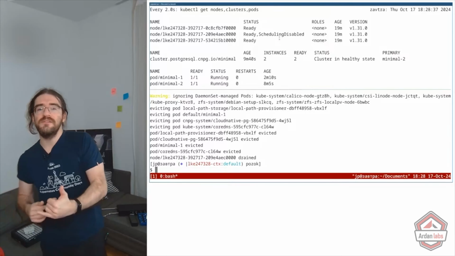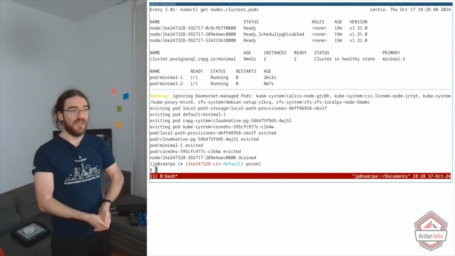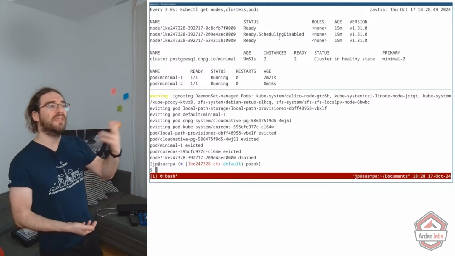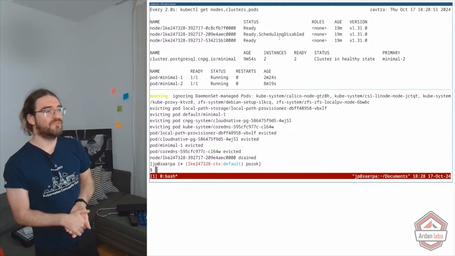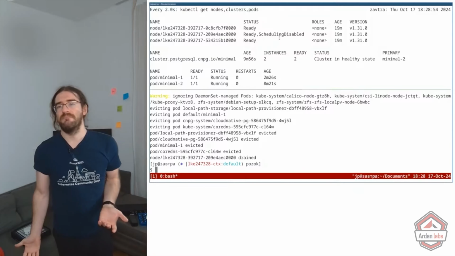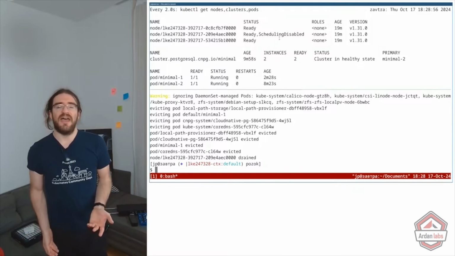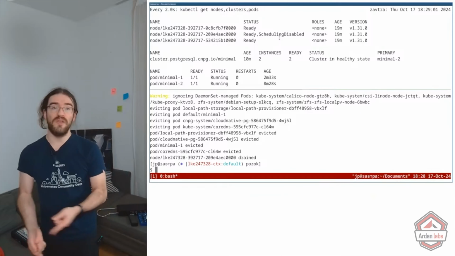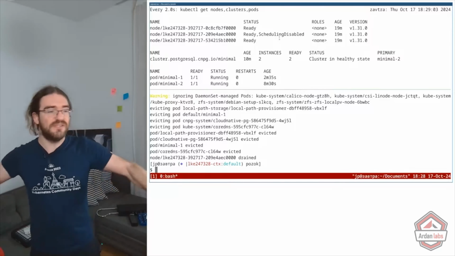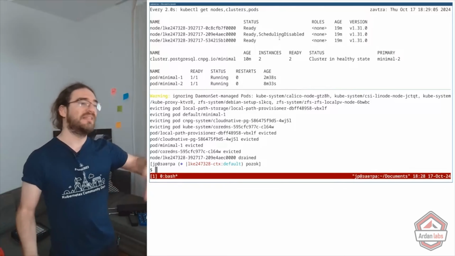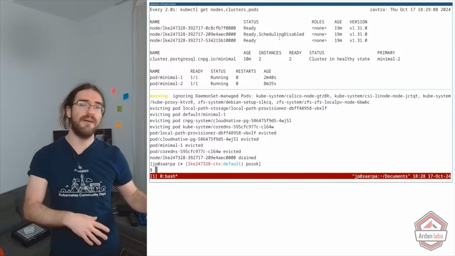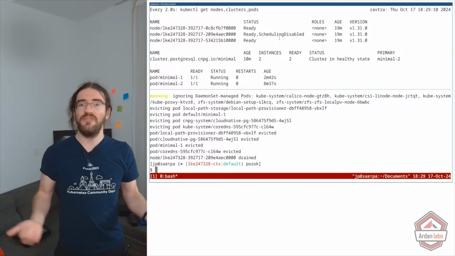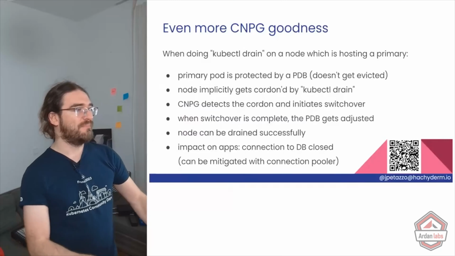And once the switchover is complete, the PDB is removed, and then the eviction can proceed, and minimal1 can be removed from the node. Small detail, but that means that when you have a Kubernetes cluster with, I don't know, 50 databases and you want to do a maintenance on a node, you don't have to coordinate with the 50 apps using the databases. You can literally just drain that node and watch the switchovers happen and be assured that nothing horrible is going to happen to the application. So that's